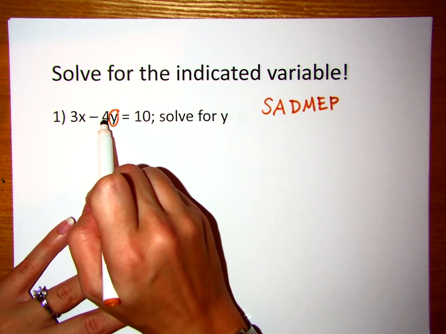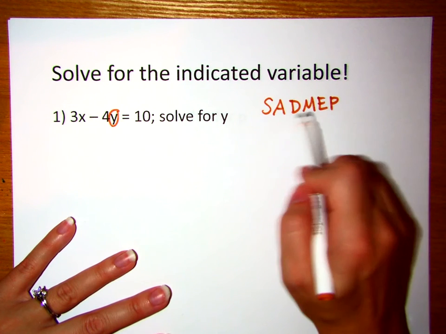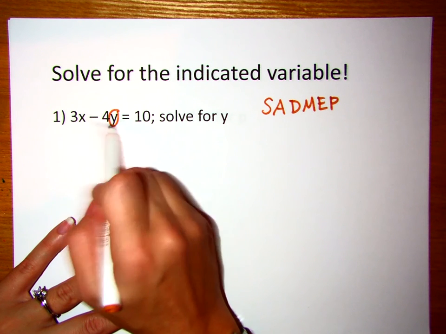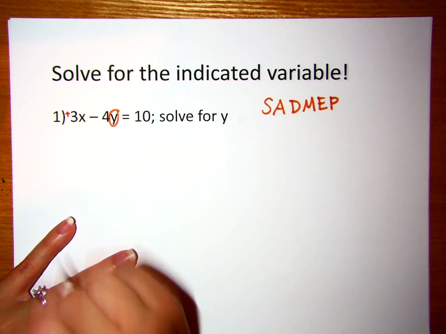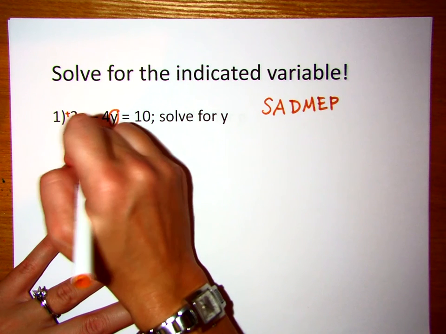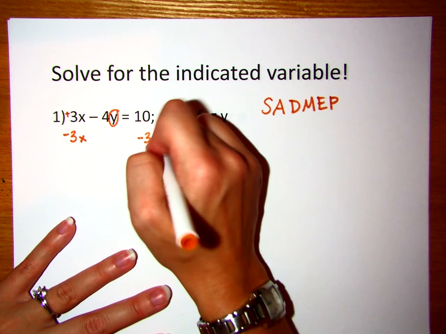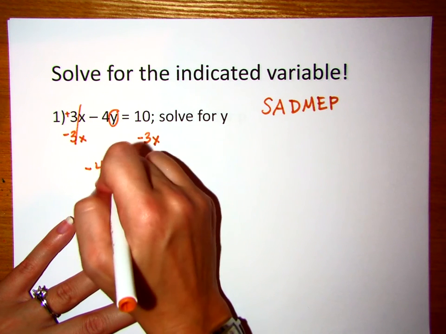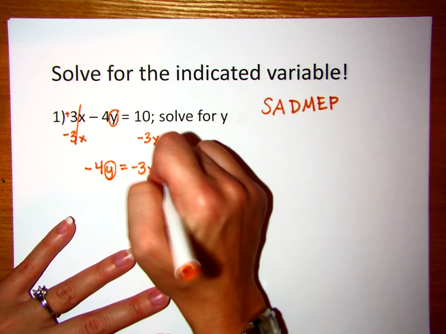Well, this negative 4 is multiplying times the y. So that falls here in the middle. But this 3x is essentially being added to it. So we've got to move it first. It's a positive 3x. So how do we move it? We subtract it, because 3x minus 3x is 0. What you do to one side, you do to the other. These would cancel. Then we'd have negative 4y, that y is not moving, equals negative 3x plus 10,